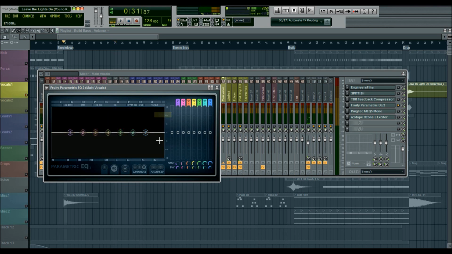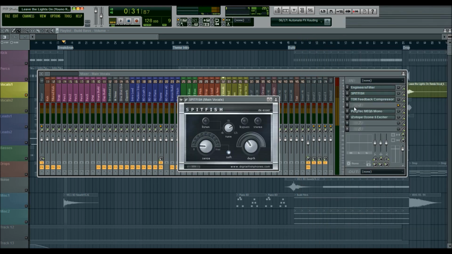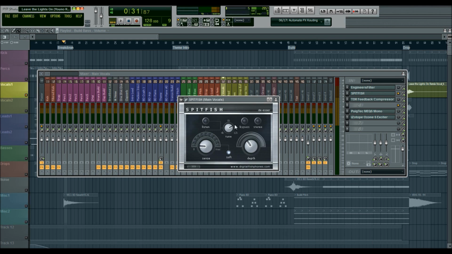So if you notice, there's generally a constant activity up here in the 10K range, and every time we boost up there, there's just a really nasty resonance. So that's where we found our S. That's what I set the Spitfish for, which is the de-esser for 10,000 hertz. Sorry, a kind of medium threshold and a very light ratio. I'm not trying to completely overkill the S sounds, because it will sound a bit unnatural if you do that, but I just wanted to calm it down a little bit, and I'll show you what it's doing.